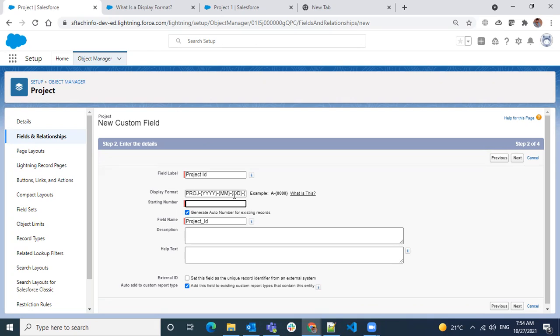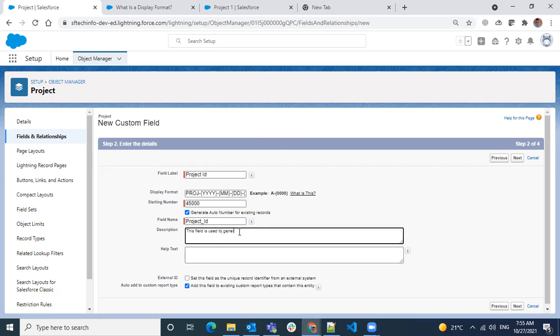You have to remember, let's say you don't want to start the sequence from zero. So you want to start the sequence number from somewhere around 4500. I'm just giving a random number, just to have a look. So it's a 5-digit number. I'm giving a starting number of 45,000. So the first record will be 45,000, then 45,001, 45,002, like that it will continue.